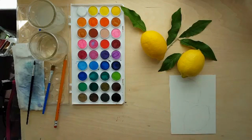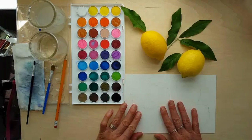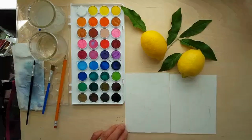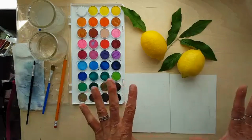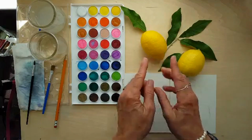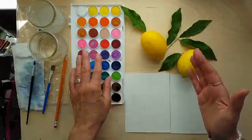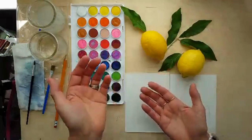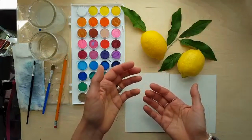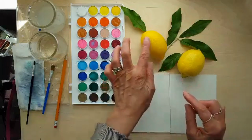Dust that off. Sometimes I have a big brush I use to brush off those little eraser crumbles. Okay, so now we're ready to go. What you want to think about when you're painting these is you want to have a plan before you go in, because watercolors are translucent and it is very hard to cover up dark colors once you've got them down. So it's much easier to start with a plan, like where is the